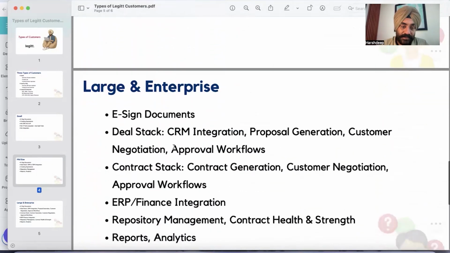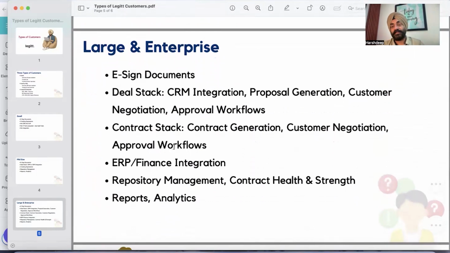And then come the large enterprise customers. So large and enterprise, there are various definitions. How do you categorize a customer as large or enterprise? I'll not go into those definitions. So generally, these are customers where there are multiple BUs which act like separate companies but integrated within a single ecosystem.